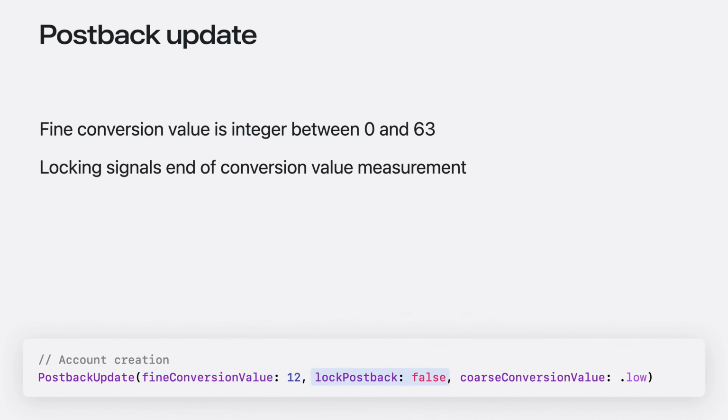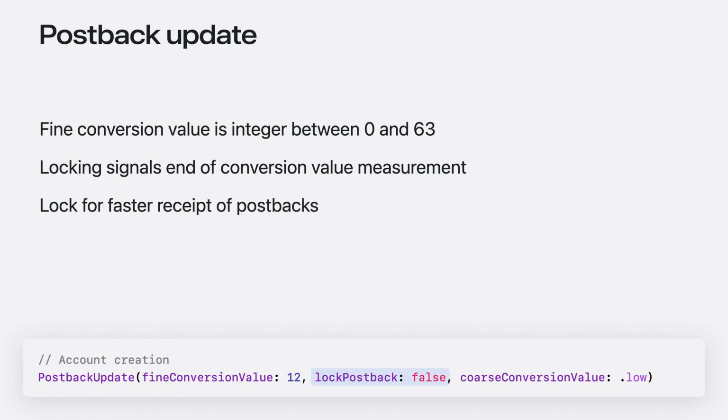The second argument is for locking postbacks. The lock is a way for me to tell Ad Attribution Kit that I am finished measuring and recording conversion values for that particular conversion window. This allows Ad Attribution Kit to freeze that postback and immediately schedule it for transmission. Another way to think about this is that a very high-value event happened that I want to know about as soon as possible. The time urgency of this event beats out measuring anything else in that conversion window. Hence, I call lock, and Ad Attribution Kit knows to freeze and schedule this postback.